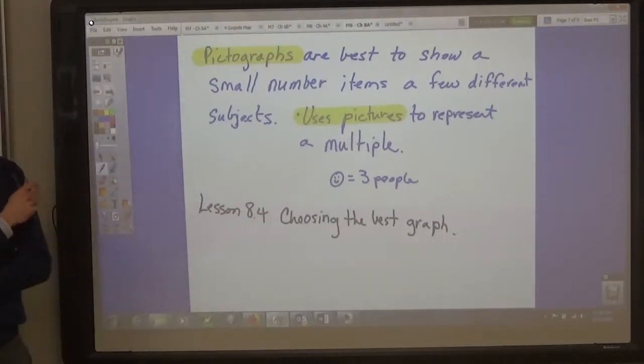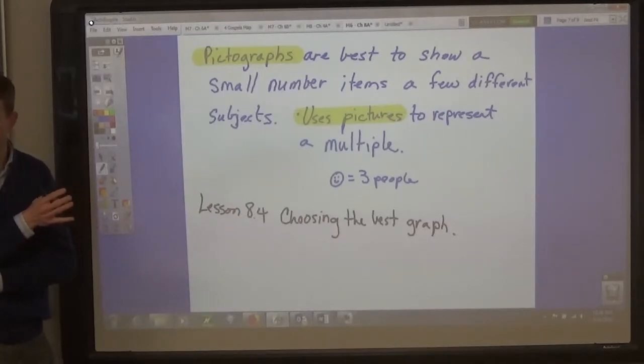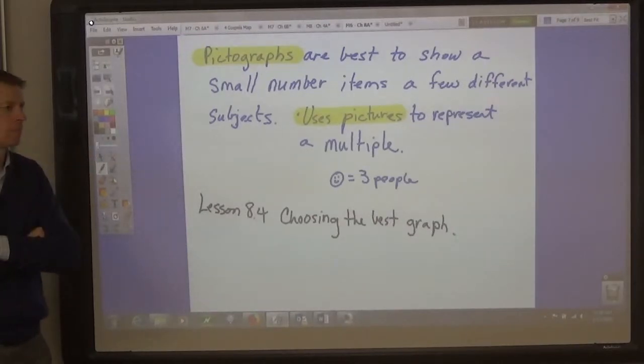Why might you want to use a line graph versus a histogram? Or a line graph instead of a bar graph? Maybe the line graph is showing you the trends and